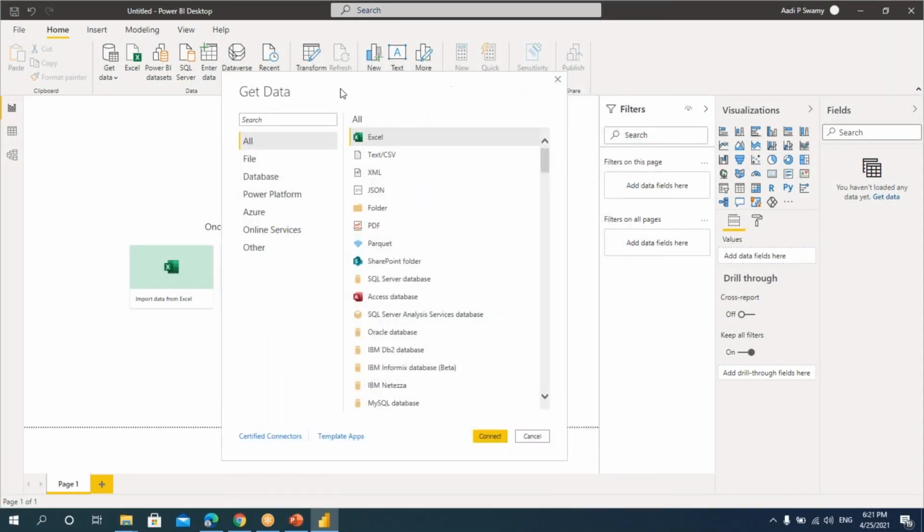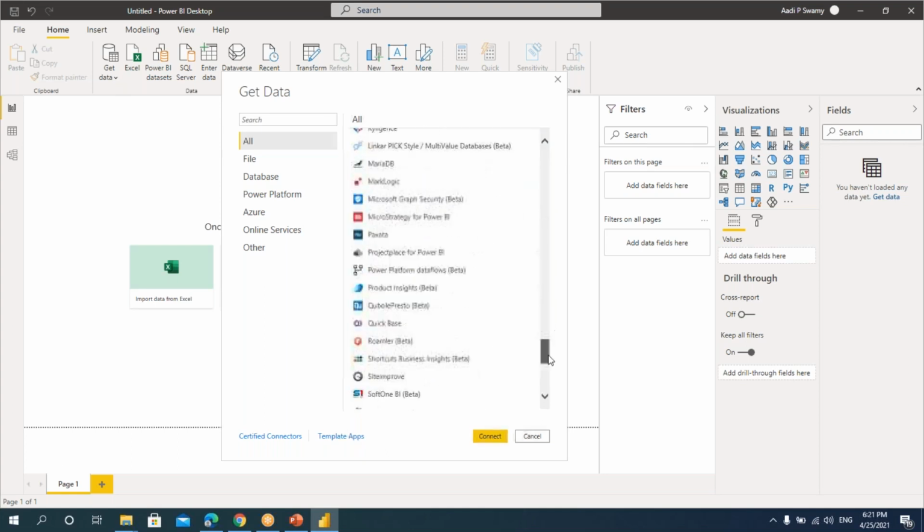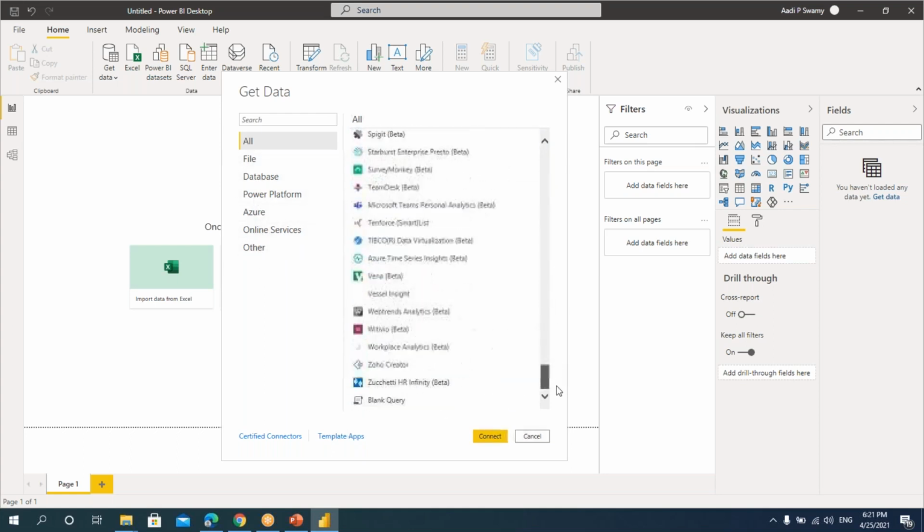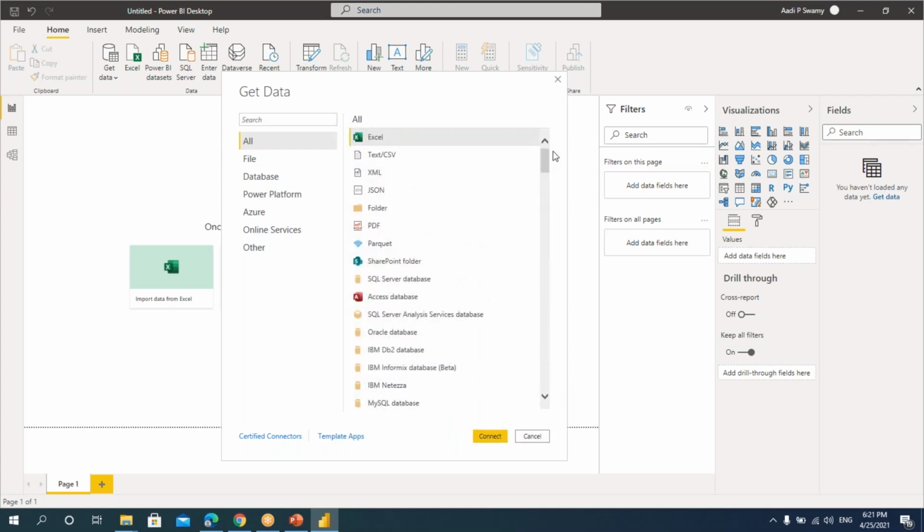Now you can see one small window here. Whatever sources we had there, the same sources we'll have here also, with more additional data sources. And we can also see they are classified. Here I'll have the list of sources we can connect from Power BI to the data source.